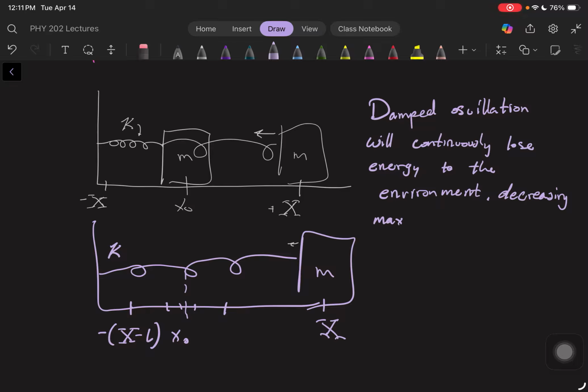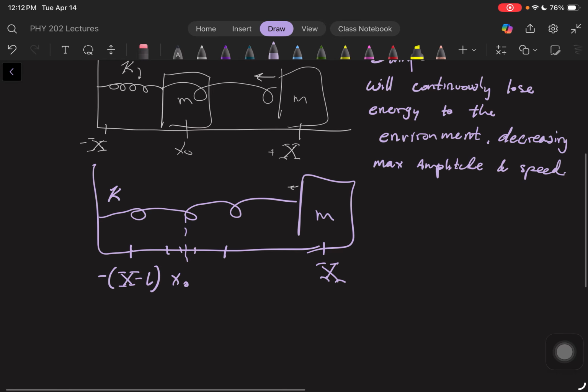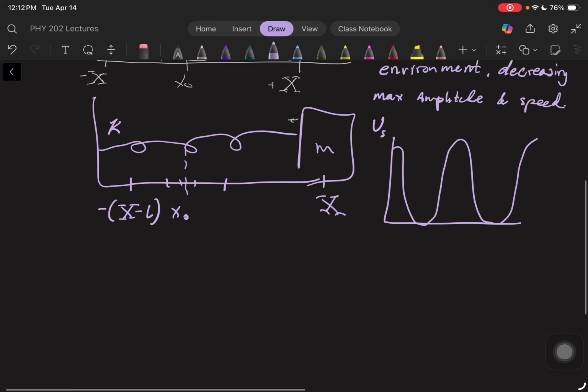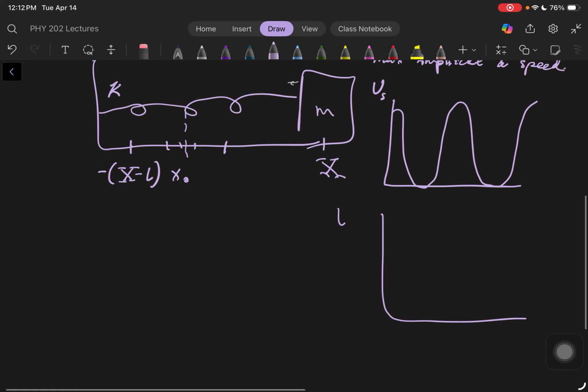decreasing max amplitude and speed. And so as we lose energy, the maximum energy available is going to be lower, and whether it's all turned into kinetic or potential or some combination, it's going to be continually decreasing. And so if we have an undamped oscillation, and let's say we plot the potential energy of the spring as a function of time, we expect to do something like this. Once we do have damping in there, we expect it to,